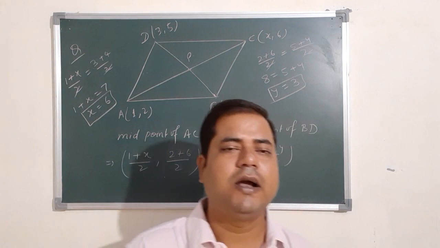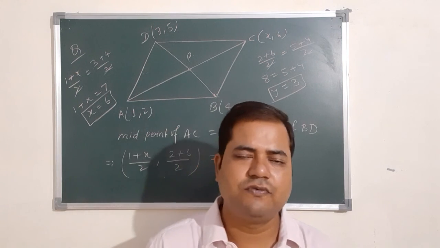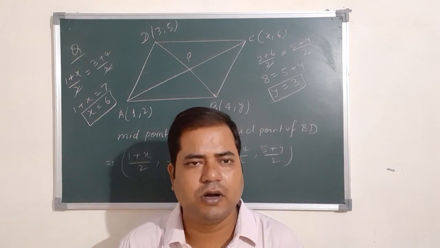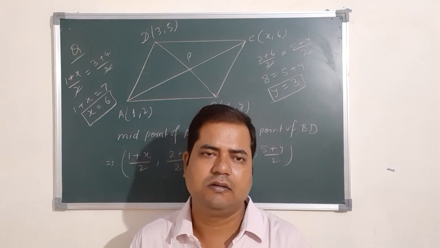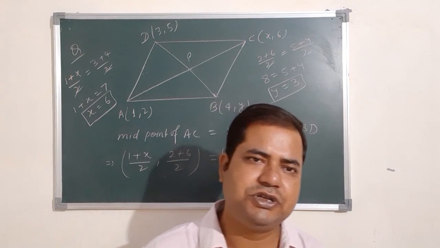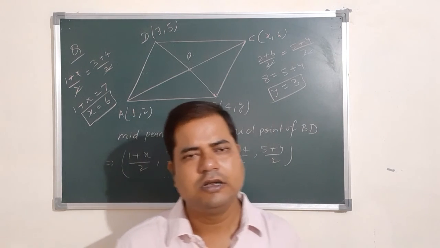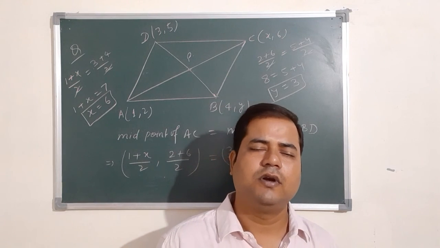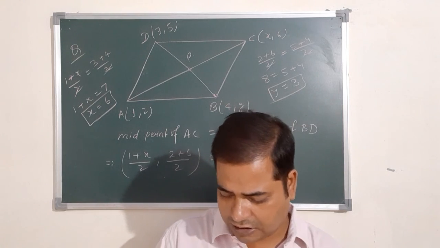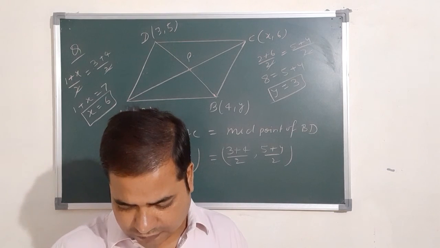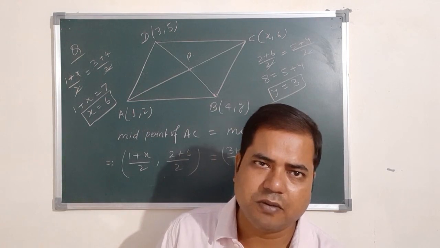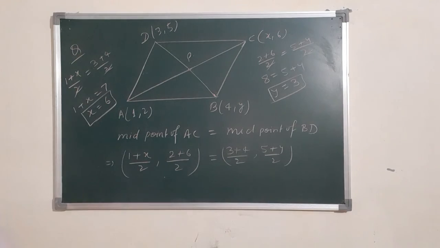In this manner, we have to complete the section formula, and afterwards only one topic remains, area of the triangle. In it we find the area of the triangle and we see the condition of collinearity by the area of the triangle. What is the condition of collinearity for the area of the triangle? The area of the triangle should be 0. So only 4 questions are there. This is the homework for you. So please try to complete this particular question.